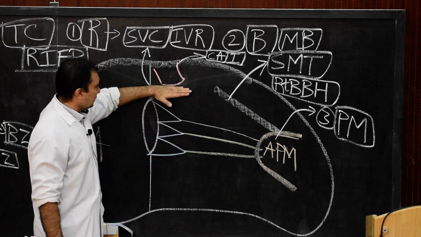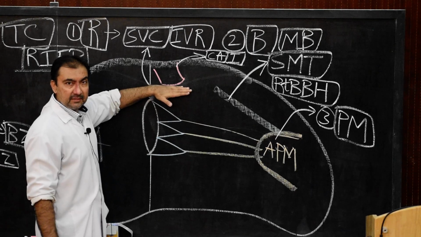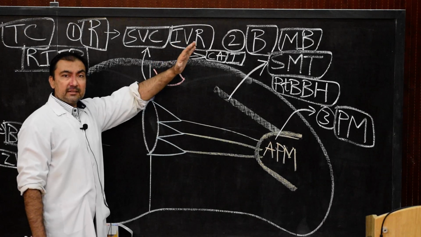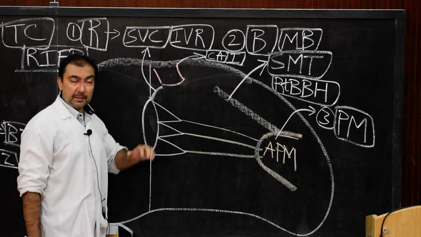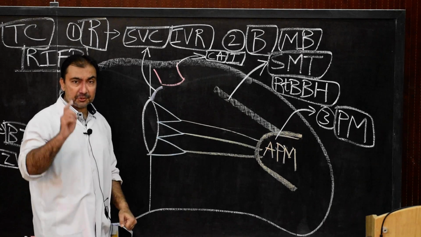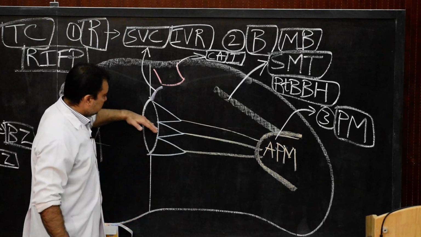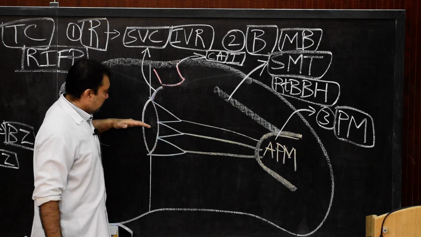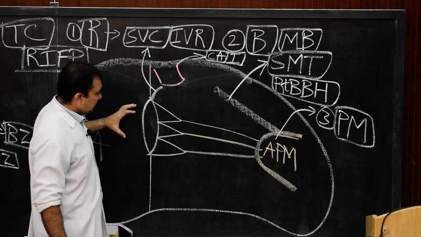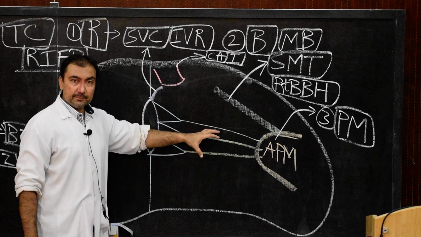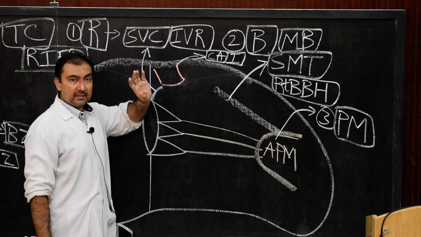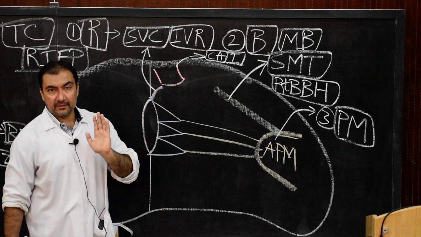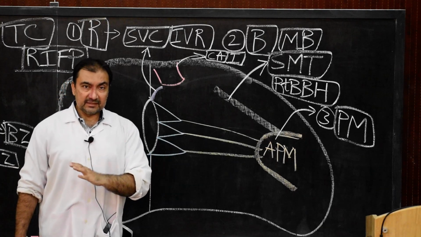Now remember, what is the location of outflow tract? The outflow tract within the right ventricle is located in the upper part, left part and posterior part of the right ventricle, in such a way that it will form an obtuse angle between the inflow and outflow. So the blood flow, as it enters the right ventricle and as the blood stream will be ejected from the right ventricle, it will form an obtuse angle. So the inflow tract and the outflow tract will form obtuse angle. That is one pattern of understanding.